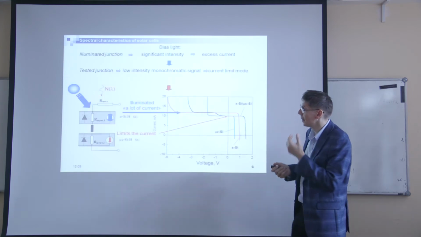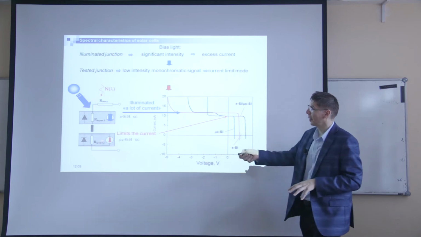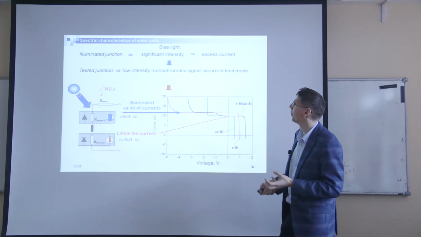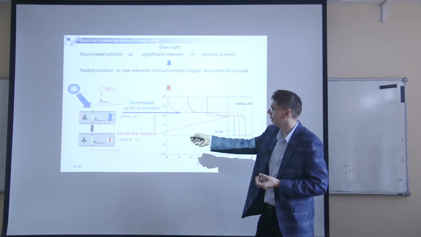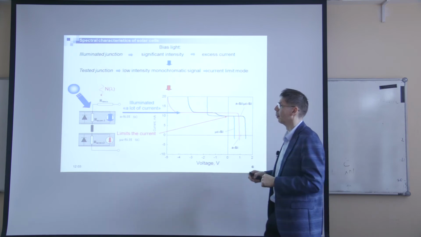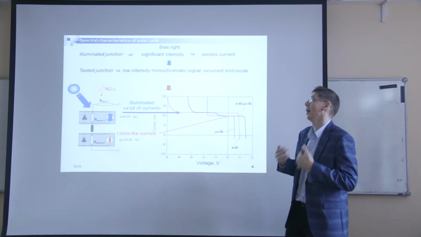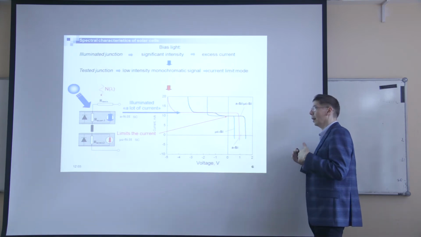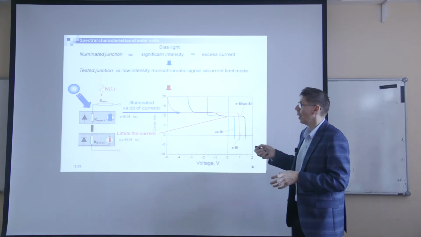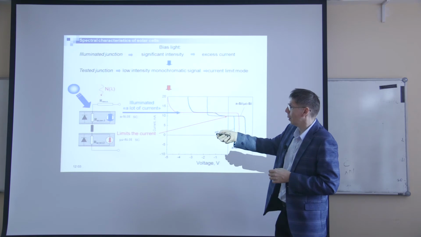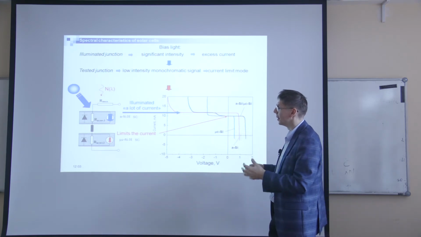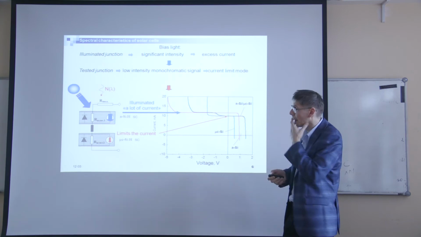If you want to measure, for example, the bottom junction, you can use bias light, for example, let's call it blue light. I mean it's light of a low wavelength